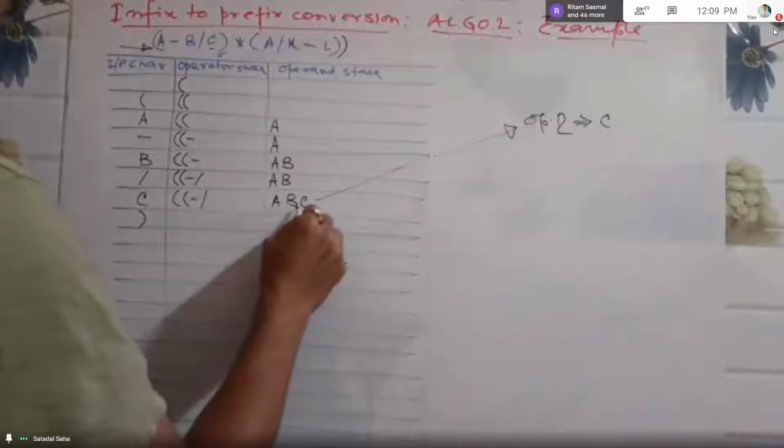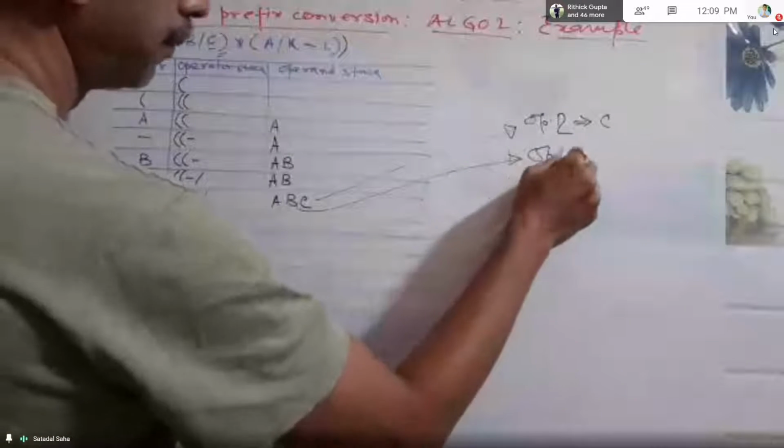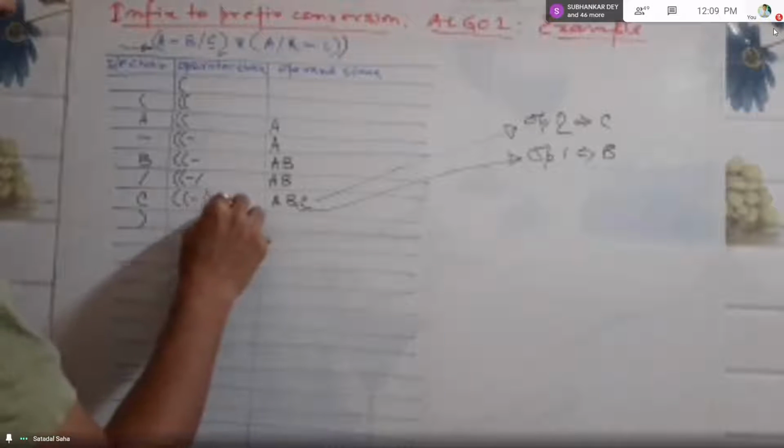So, you can follow step 3 and step 4 of the last algorithm. Pop operand 2 from the operand stack, pop operand 1 from the operand stack. So, first we need to pop this operand, that is C. So, C is to be popped, it will be operand 2. And then you need to pop the second operand, which is B. So it will be operand 1. It is B. And then we need to pop the operator. If you follow step 5, then it will be popping this operator.